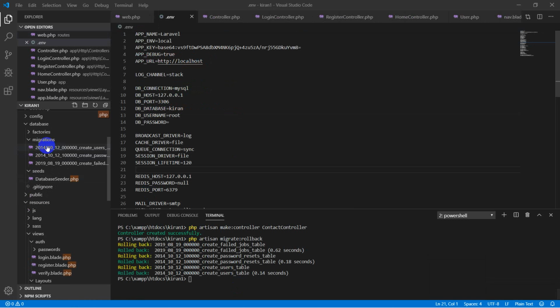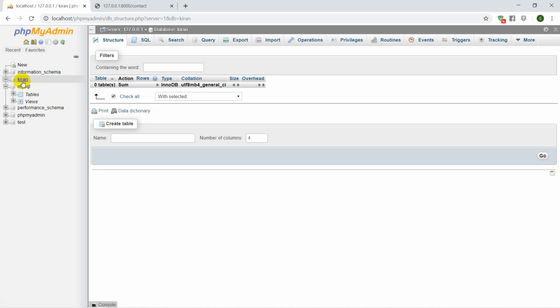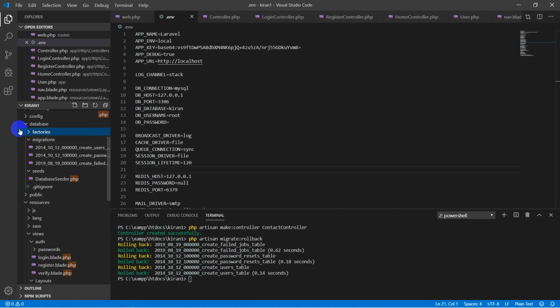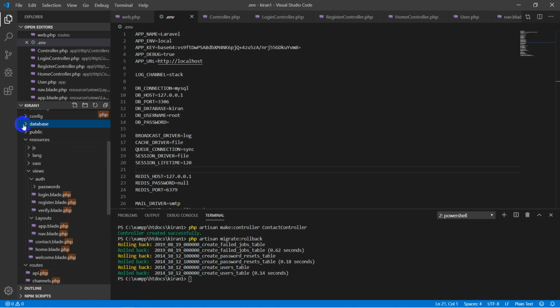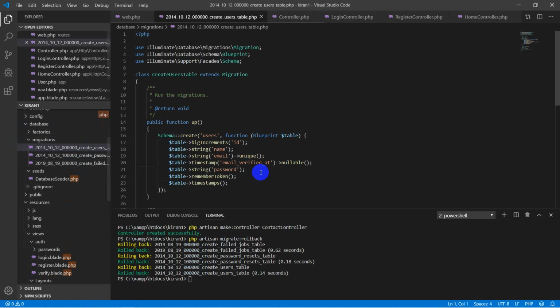For the database integration, first of all go to localhost/phpmyadmin, and there you can see the database named Kiran, which is empty now. By default, the Laravel framework has already created two tables. To view these tables, go to database migrations and you will see three tables, one for users and another for password. I am migrating these tables to the database without any changes.